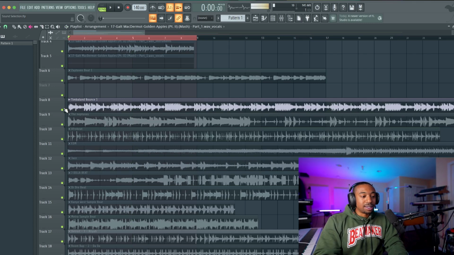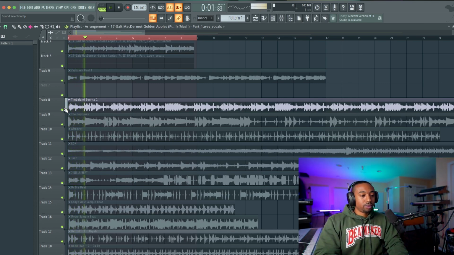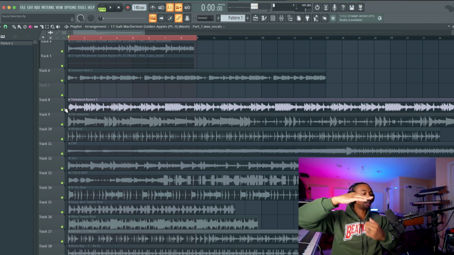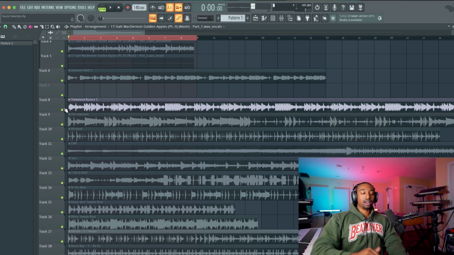Now the drum is a snare and a clap combined. Okay, then we have the hi-hat. So you start identifying the drums. You say bass is the bottom end of the kick, in this case the sub. Then you have your drums, your kick drum, your hi-hats, your snare, and your clap.